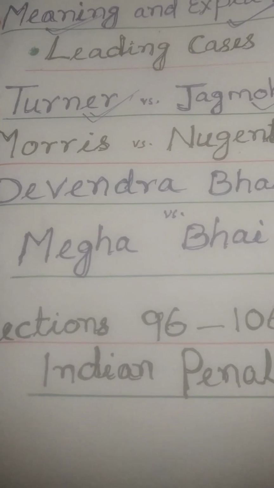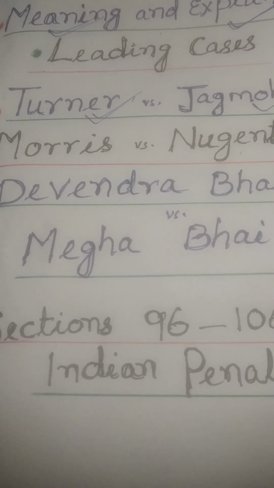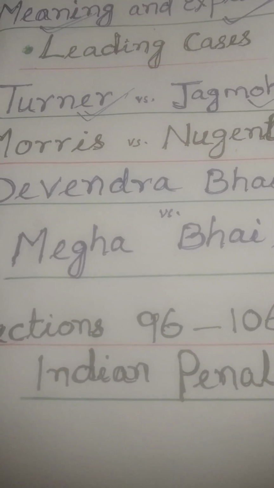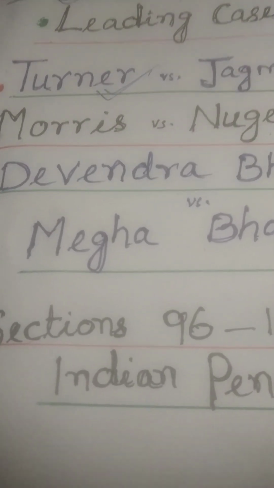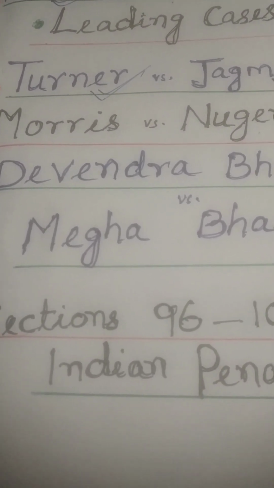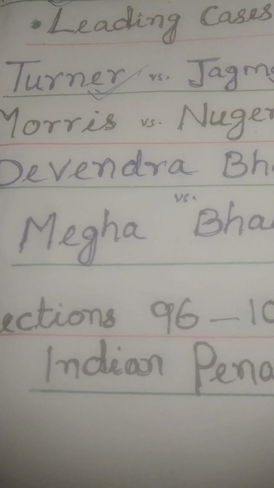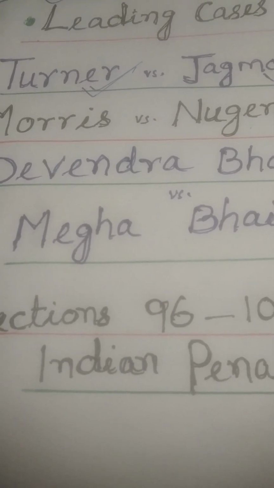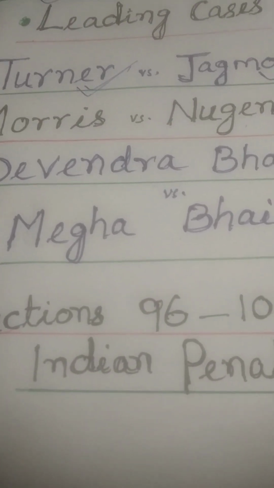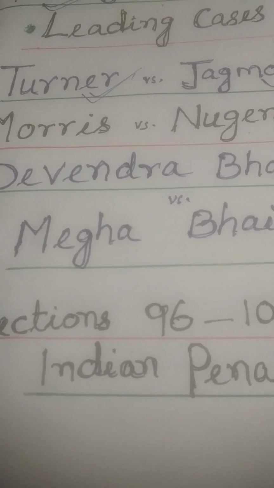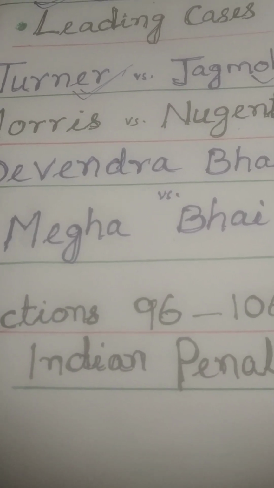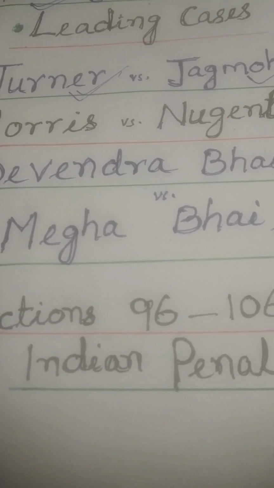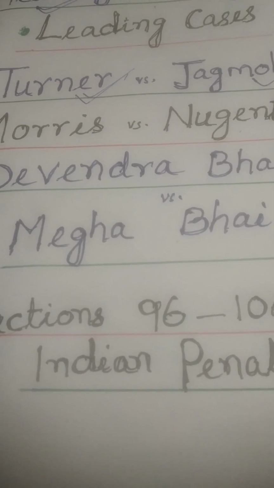Here the plaintiff was not entitled to any damages, because the case falls under the exception of private defense, as the plaintiff's stallion repeatedly attacked the mares of the defendant. So the defendant took necessary action, which caused a severe wound on the stallion and ultimately led to its death.